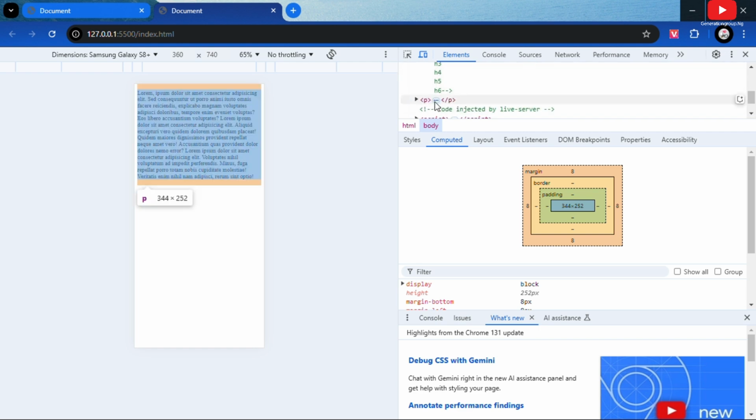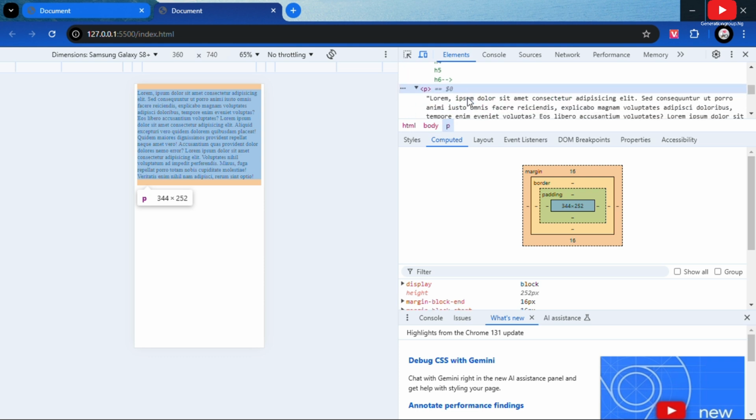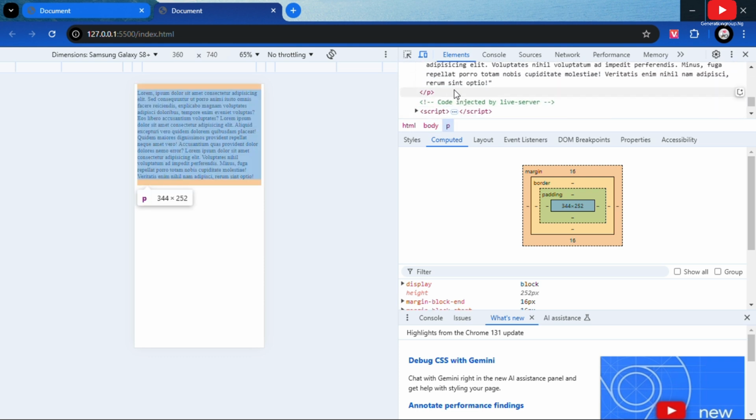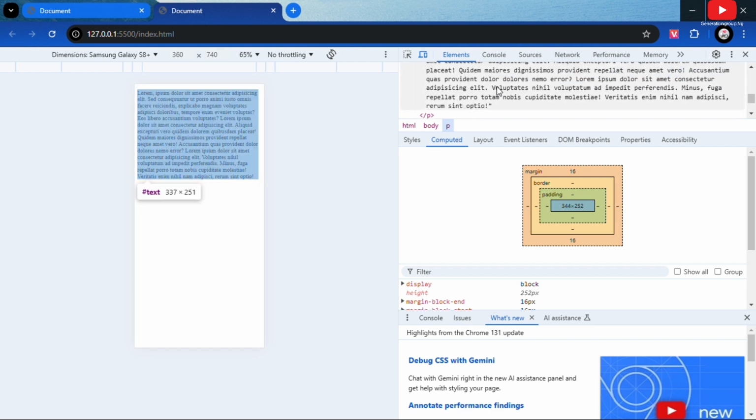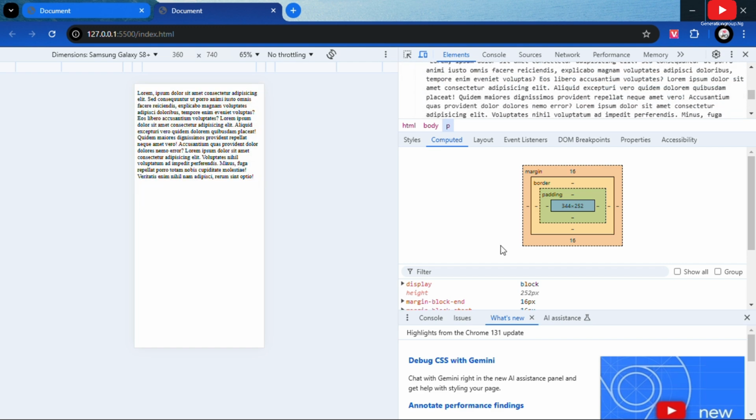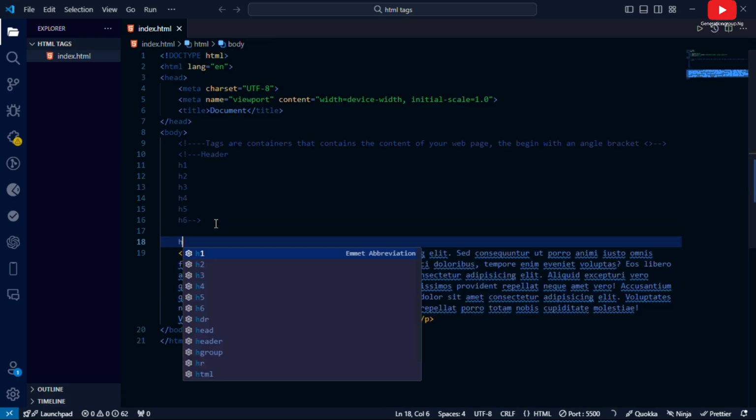Now this is my p tag, as you can see. So this is the open p tag, and this is the closing p tag right here, and all this text is being enclosed in this p tag. So we can have a combination of the header and the p tag. I can just come here and say my h1